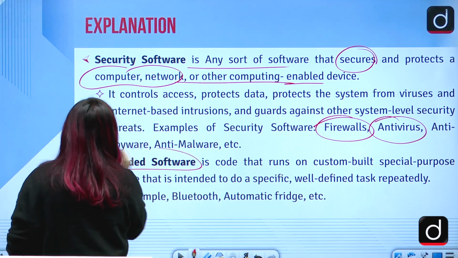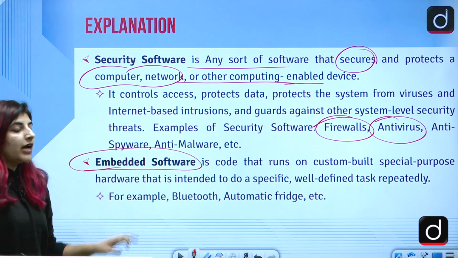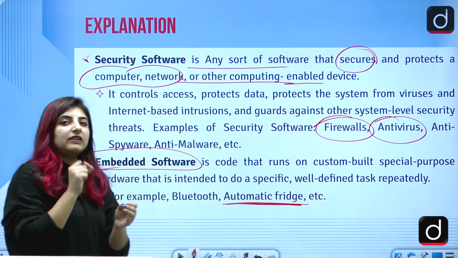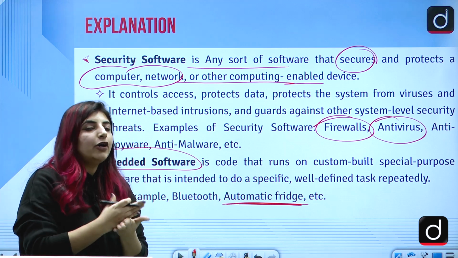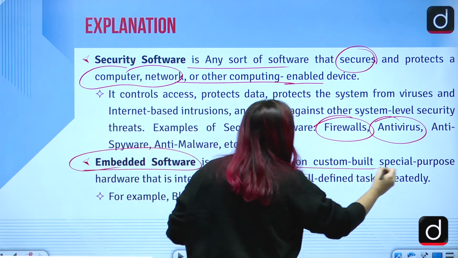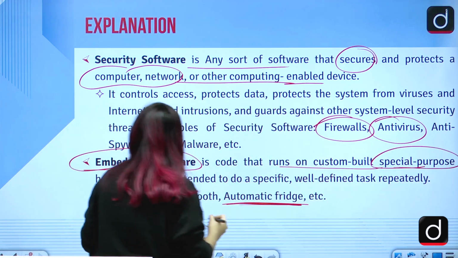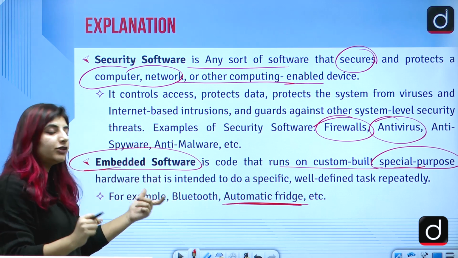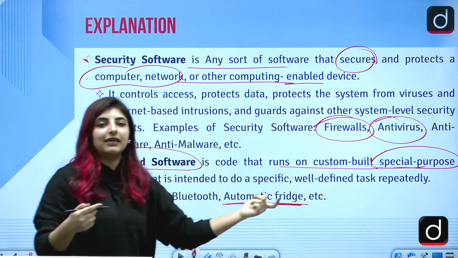And the last thing we have is the embedded software, which we matched with the automatic fridge, because it has a certain kind of program which is embedded on it and it is going to work like that only. That runs on custom built special purpose hardware that is intended to do a specific task. So embedded software is used for a specific well-defined task repeatedly.